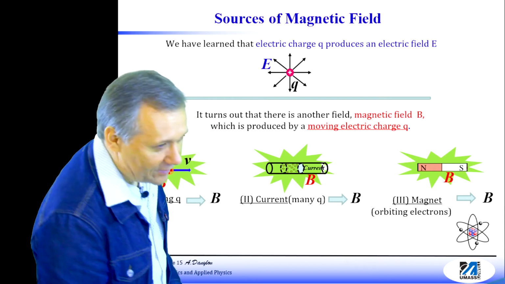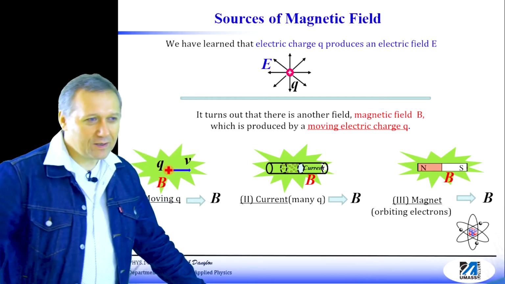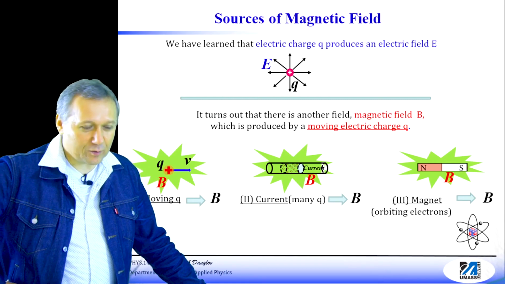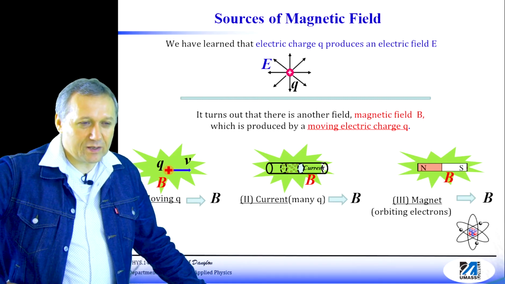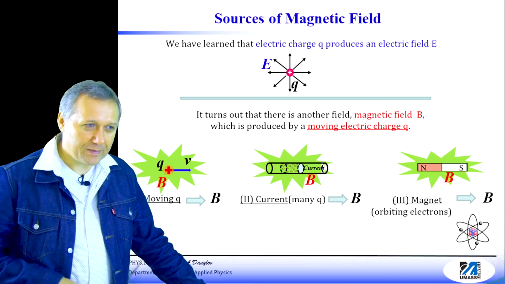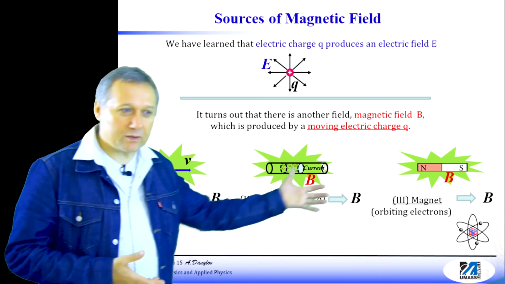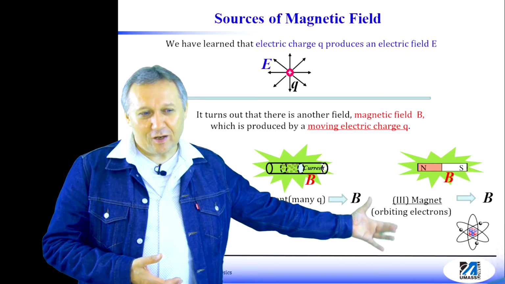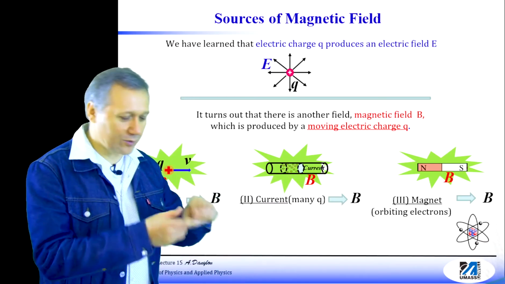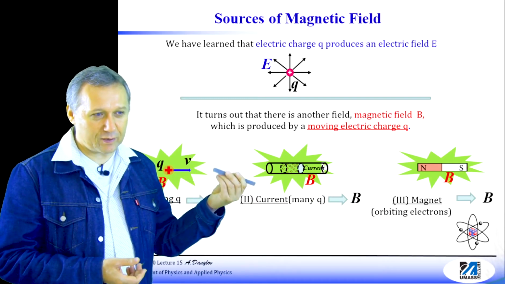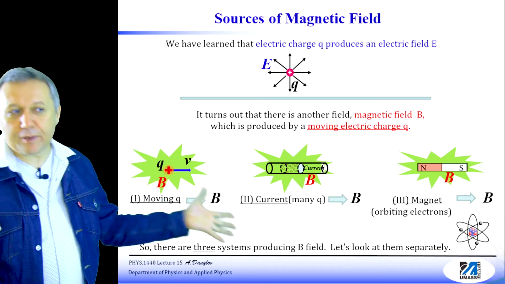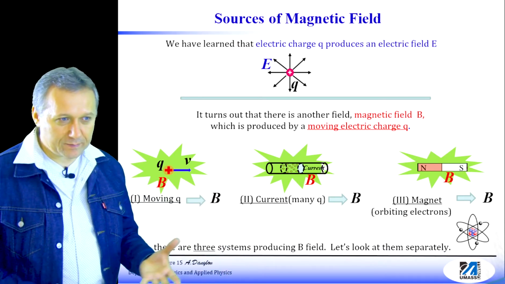because not every material gives us a non-zero net magnetic field. Only a special type of material can generate a magnetic field, but we're not going to discuss that. Anyway, now you understand which moving charges produce the magnetic field which we observe around a permanent magnet. Now we can play with these three systems